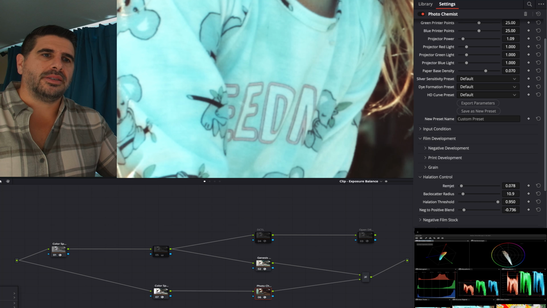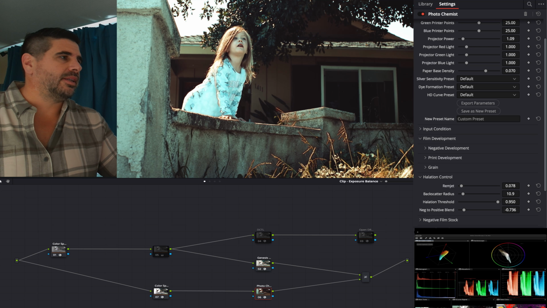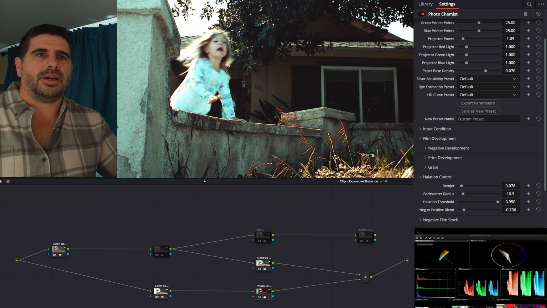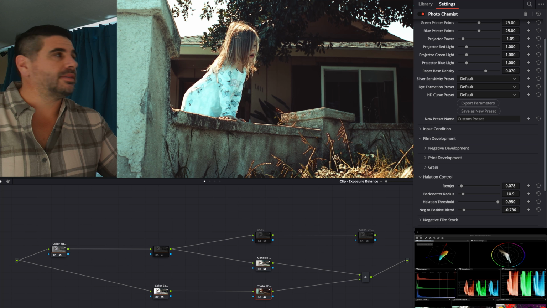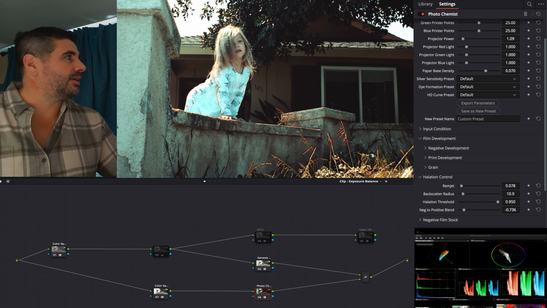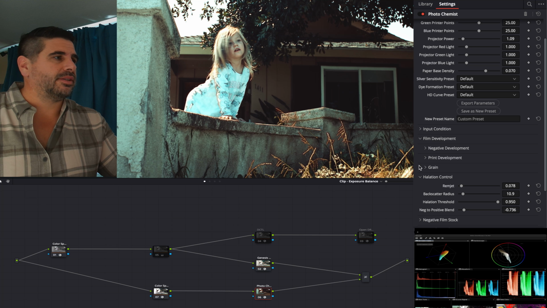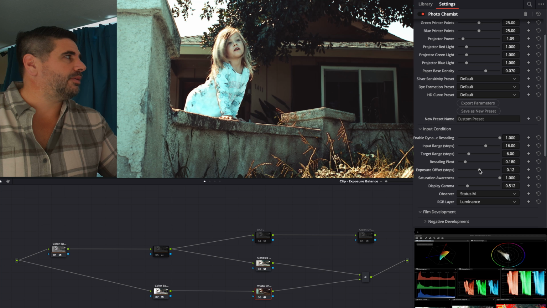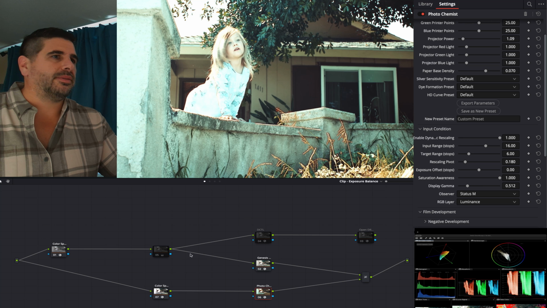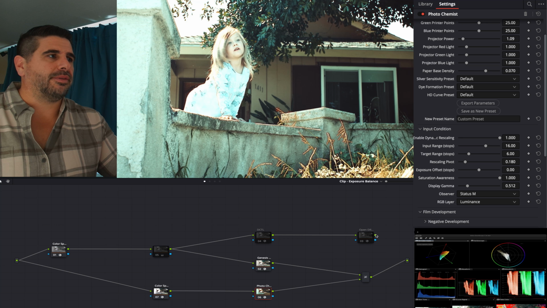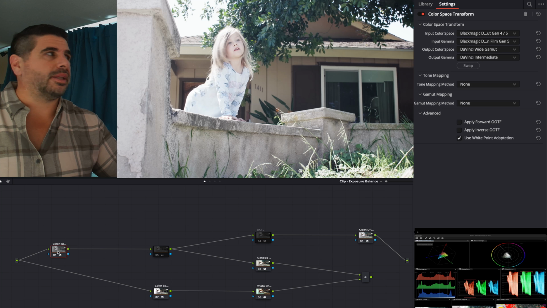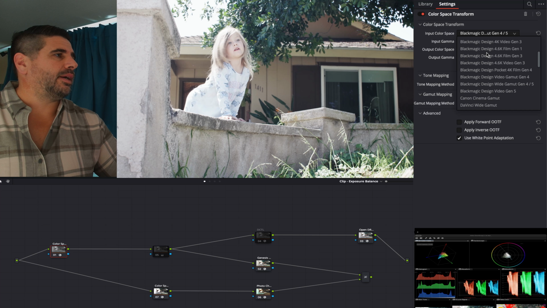oops, not there, it's zoomed to fit, so you can actually see the image. We have this image, the sky is blown out, the girl is a bit overexposed as well on her side. So there's spots that are overexposed, and part of that was we've even adjusted one stop of exposure down. The original, like if we were looking at it through OpenDRT, would be something like this, where we had it's